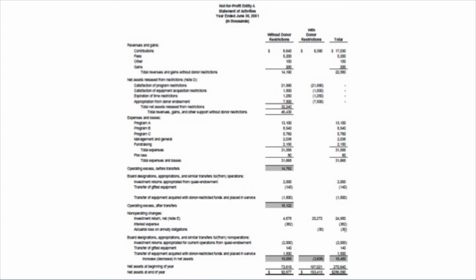All right, on the next two slides, I just wanted to show you what was in the exposure draft and what I do believe they're continuing with when they come out with the final standard. And this shows you the statement of activities, which has one of the more significant changes, where typically these columns would show up as unrestricted, temporarily restricted, permanently restricted, and then a total. And you would see all those columns and activities listed out in that manner. So this gives you a clear example of what it would look like without donor restriction and with donor restriction.